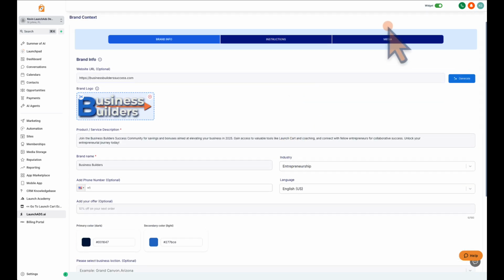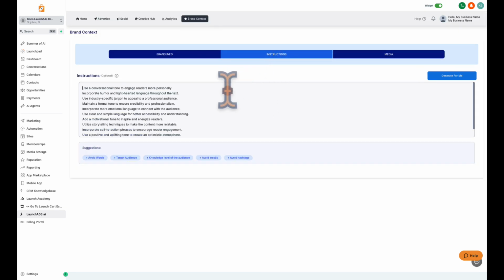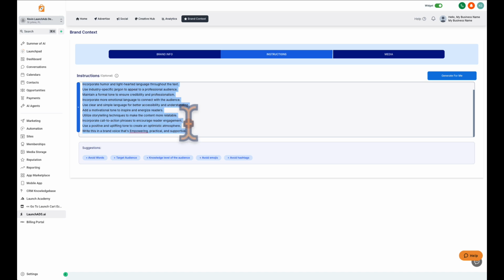The second tab at the top here is instructions. So we have the ability to sort of set our own tone. LaunchADS is writing our copy. So if you're like me, you're not a flashy salesperson, you don't want flashy, but wait, there's more kind of language necessarily in your ad copy, although that does sell. But maybe you want to tone it down, or you want to tone it up, you want to crank it up. You're very flashy. So you have this ability to go into the instructions here, and we have these default